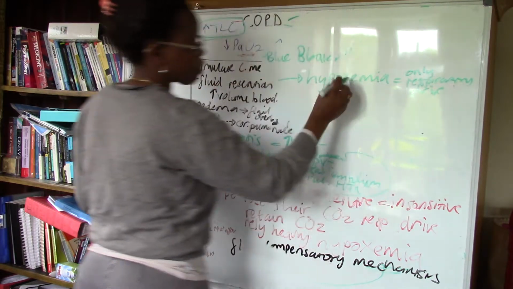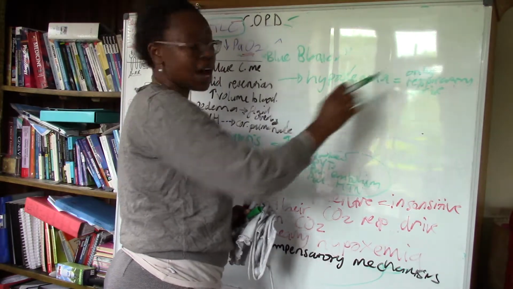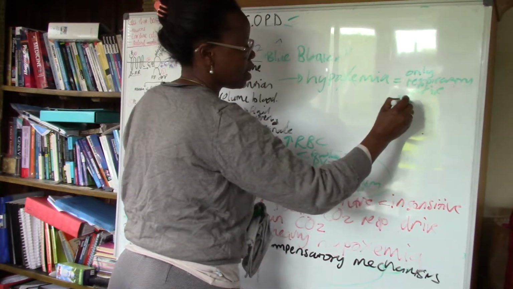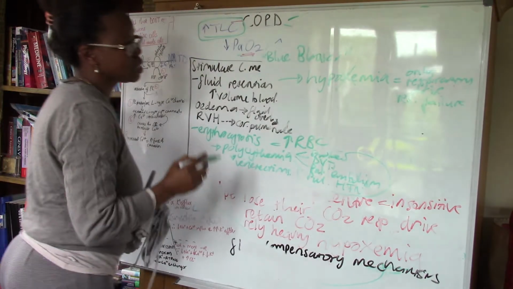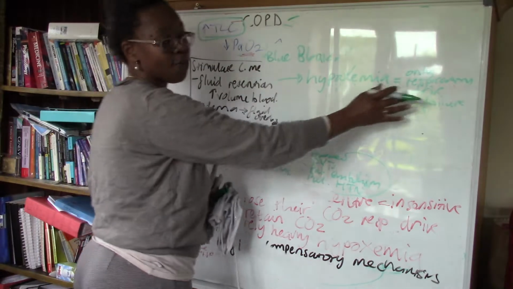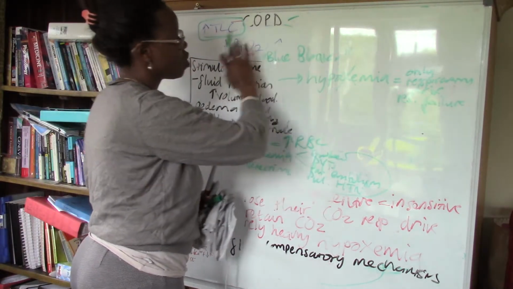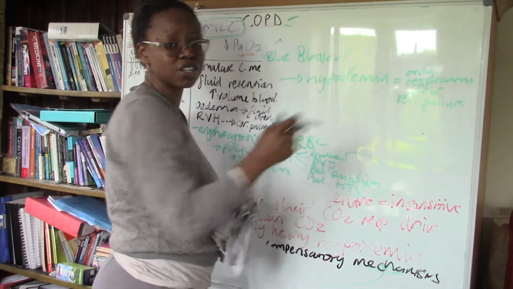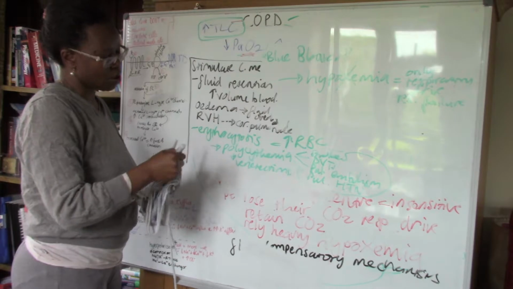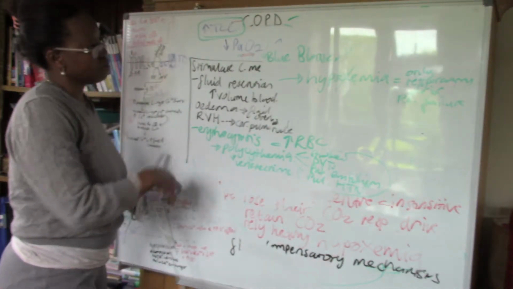So if that was to be corrected, they would lose the respiratory drive and they would go into respiratory failure. So instead, it is better to give them enough oxygen, but to leave them a bit low in oxygen pressure, so that they can still have a respiratory drive in order to avoid respiratory failure. And this is the most important